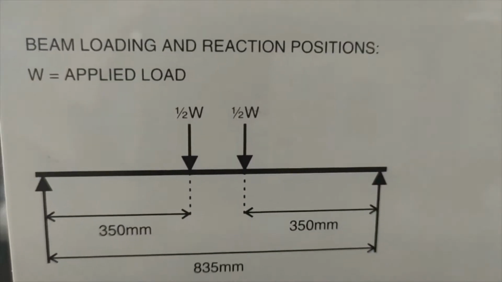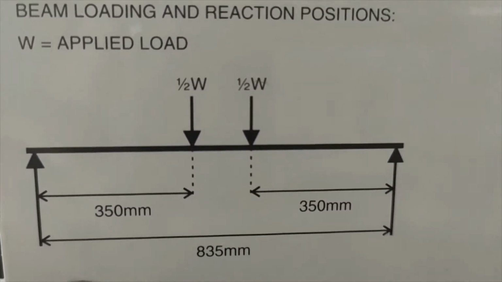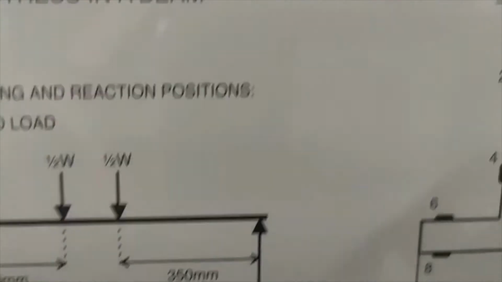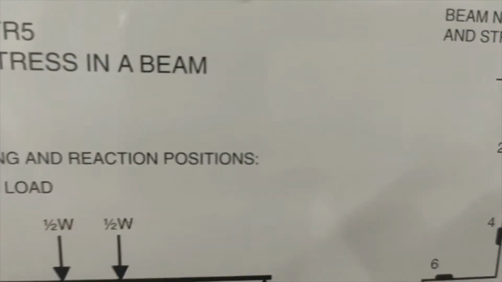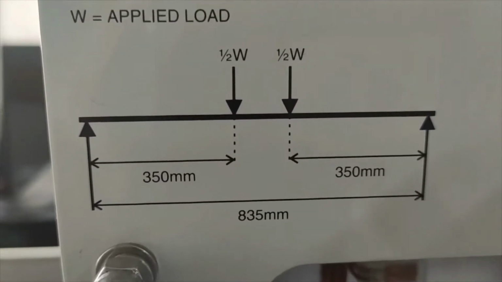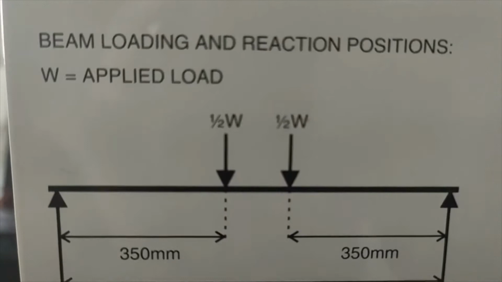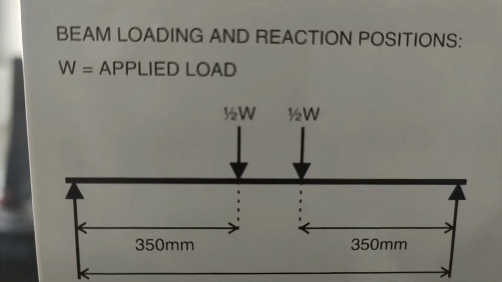This is a rubber bushing. So these are the 2 points at which load is applied. Loading the beam at 2 points has 2 major advantages. First of all, it allows a gauge to be placed on top of the beam in this way. This is the gauge. And secondly, it gives better gauge performance and avoids stress concentration close to the gauge positions. So that is why we are applying load at 2 different points.